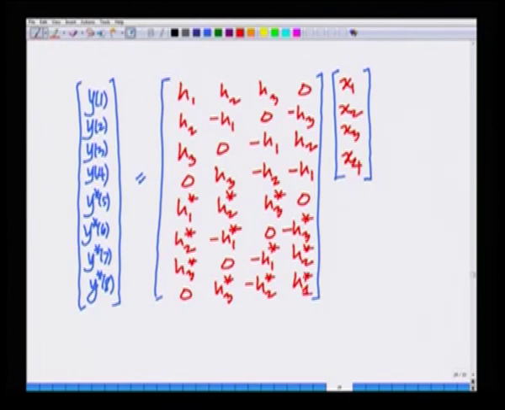So, this is the final equivalent block matrix. You can look at this. This is of dimension 8 cross 4, and that is what we expect because this is 8 time instances y1, y2, y3, y4, y6 up to y8, and 4 symbols which are x1, x2, x3, x4. So, this is equivalent to an 8 cross 4